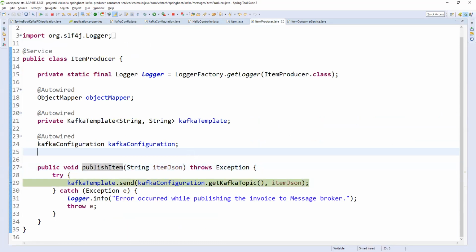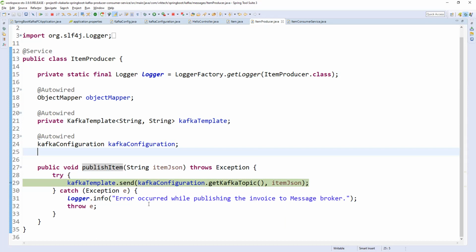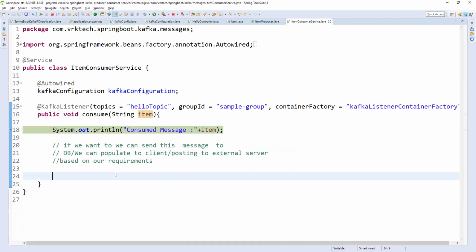And see, we are calling publish item from the controller, right? So it is coming here. Kafka topic name we have given and item JSON also we have given. So automatically it will save into the topic. But see, the controller is coming here. So I immediately consume this message. Who called this message? I am not calling. So the Kafka server internally consumes that message.